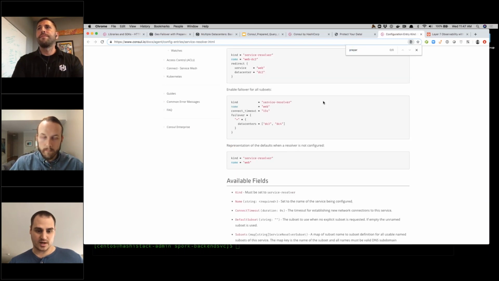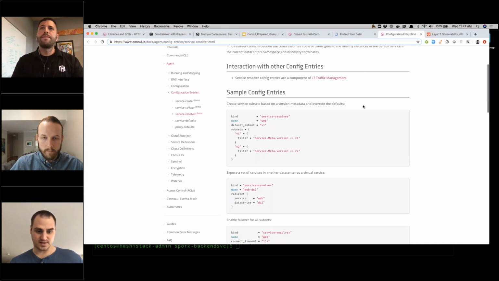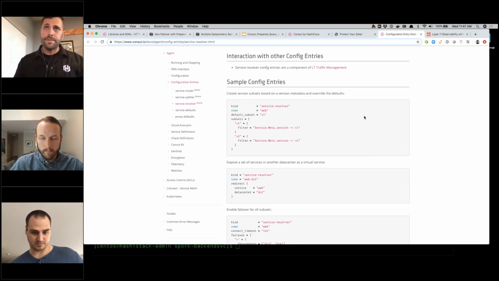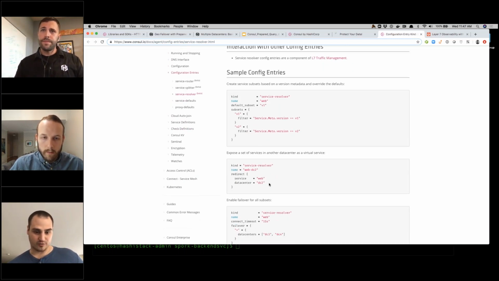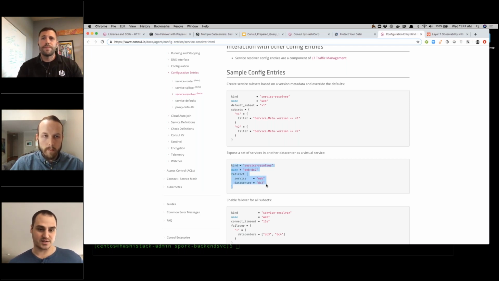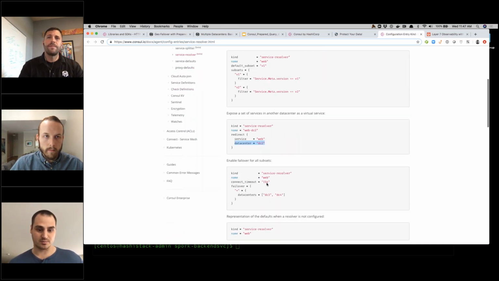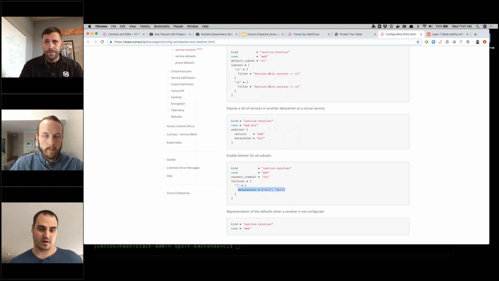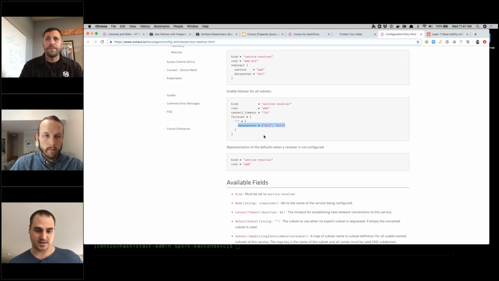entries in this type of resolver, filtering by subsets of an application version, redirecting traffic to different DCs, failing over between DCs. These are all types of configuration entries that are very specific to our layer 7 routing capabilities in Connect, but in the same way that Vinny was structuring prepared queries to balance traffic across multiple data centers, you could do that with our layer 7 traffic management in Connect. It's not the exact same type of configuration entry, but it's very much in the spirit of prepared queries, and